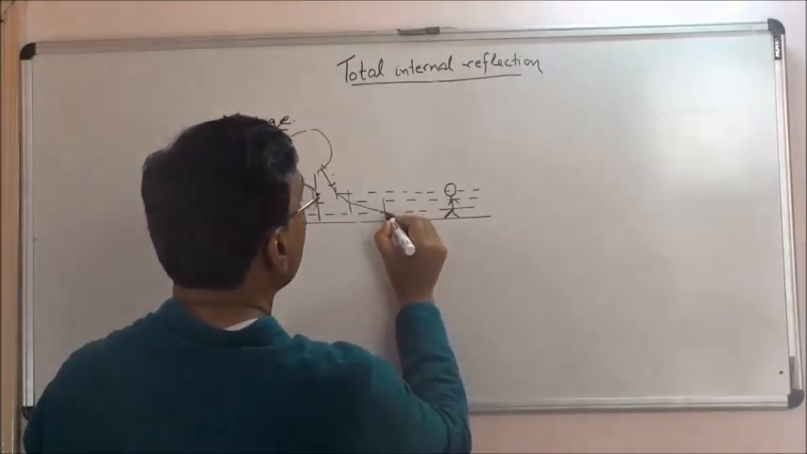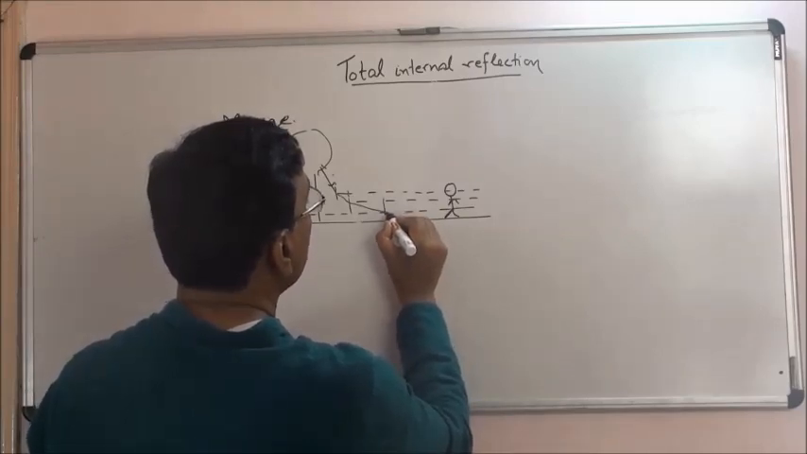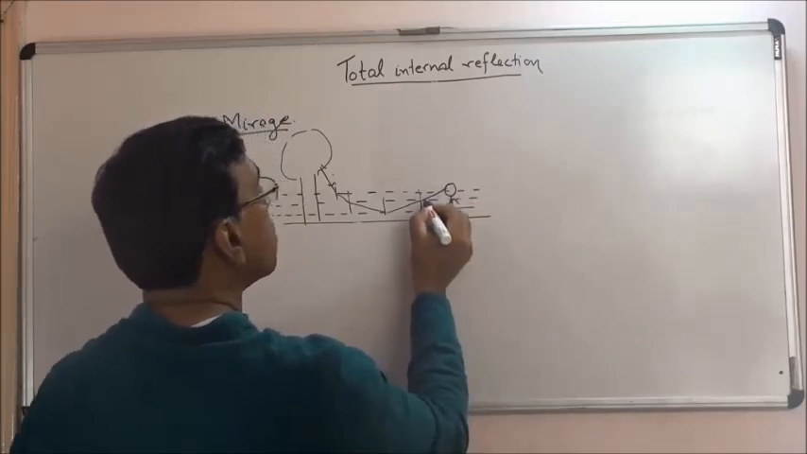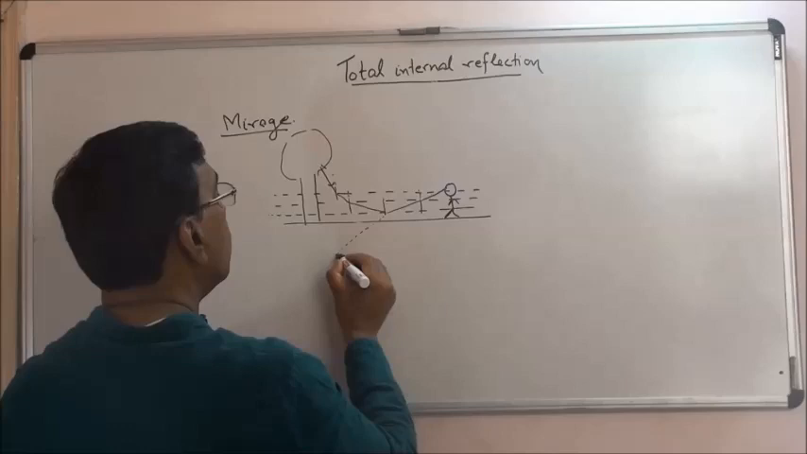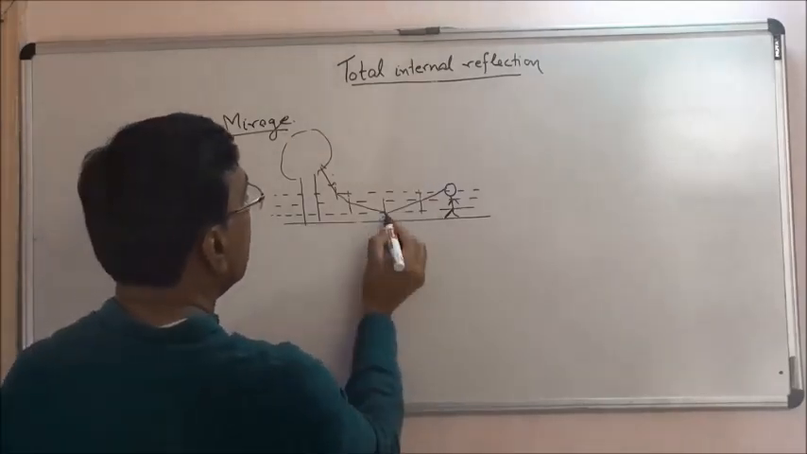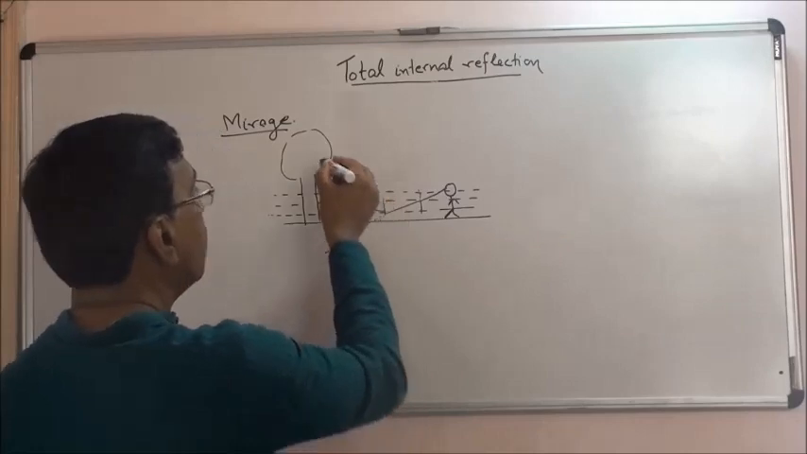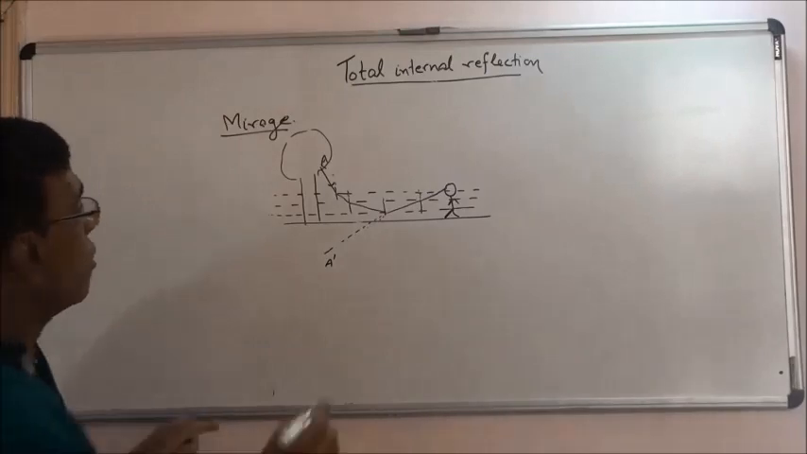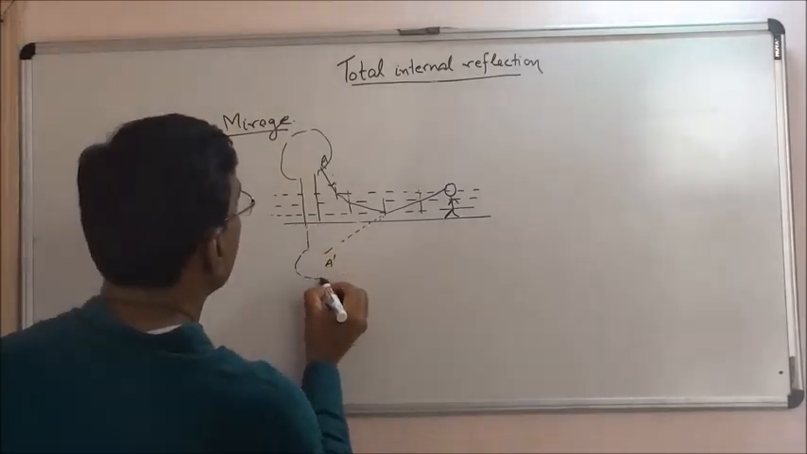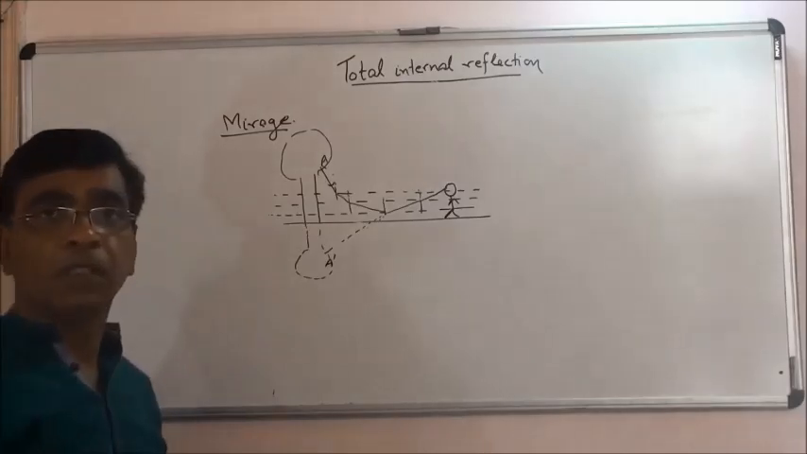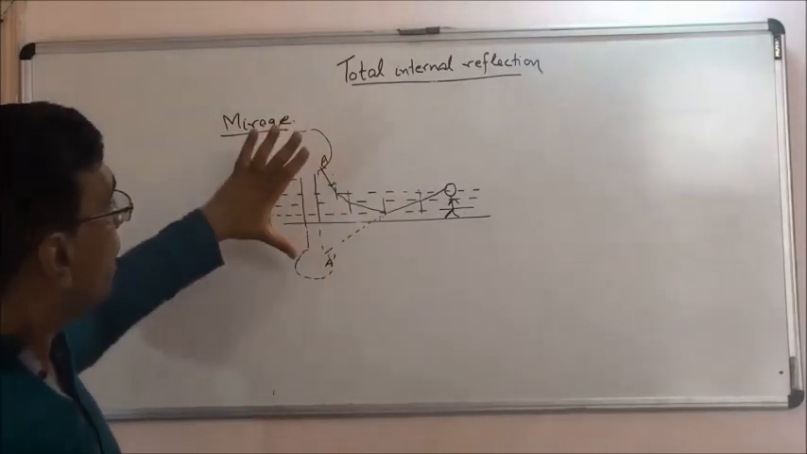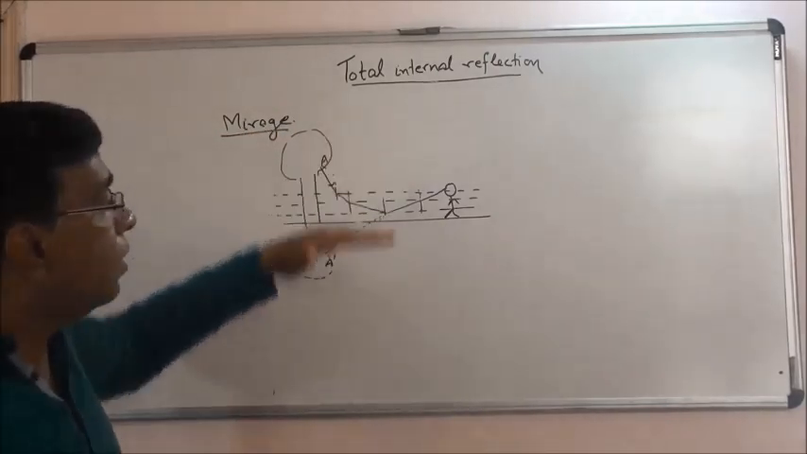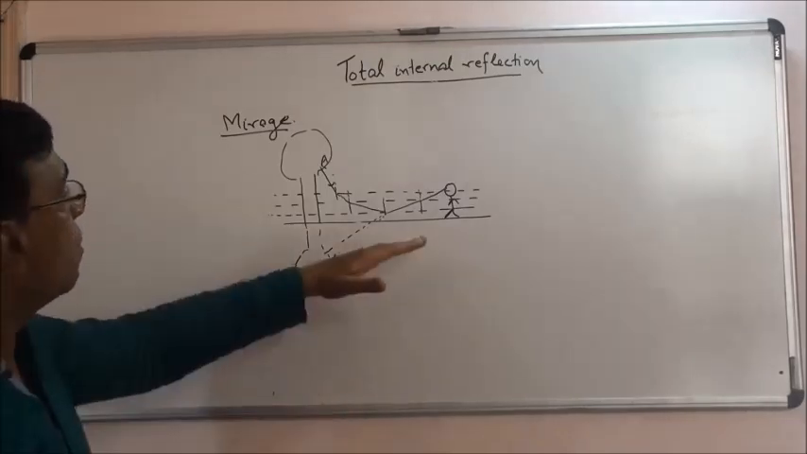it will be reflected. So instead of going here, it will move like this, and then it is moving rarer to dense, so it will move like this. And to our eyes, it appears as if this light ray, instead of coming from A, is coming from A dash. So actually we see the inverted image of this object. So it can be explained on the basis of total internal reflection and variation in the refractive indexes because of